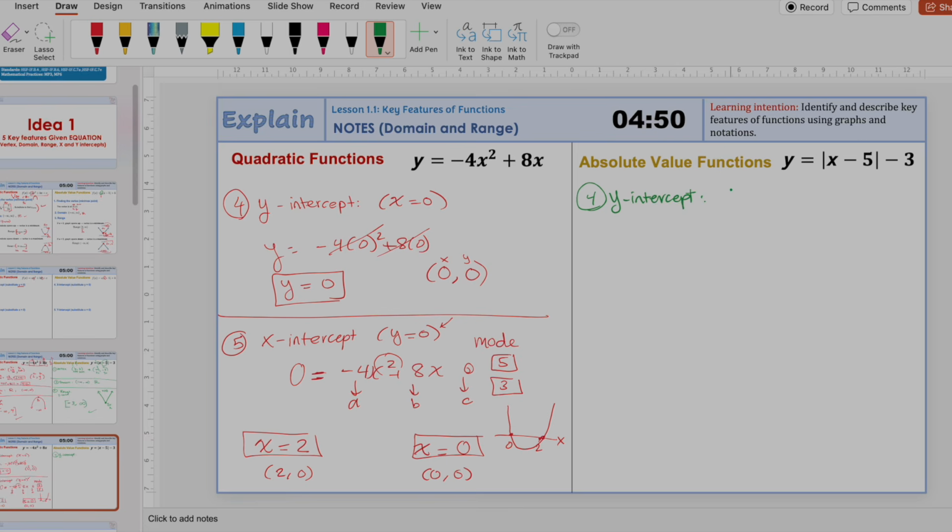Again, to find the y-intercept, just set the x as 0 and solve. So instead of x, substitute with 0. 0 minus 5 minus 3. But how do we evaluate this one? You can just